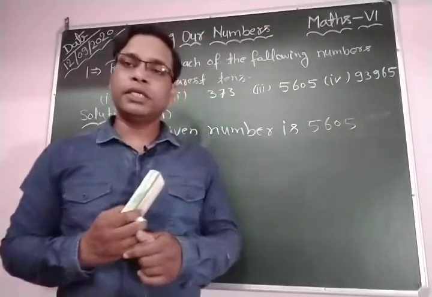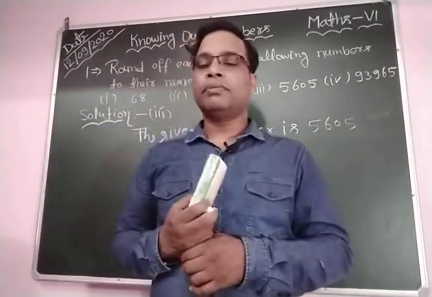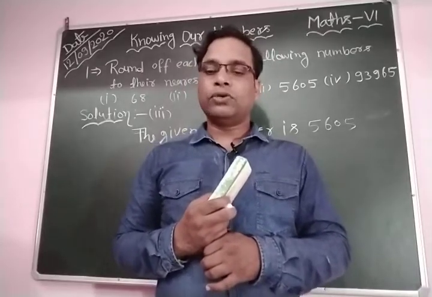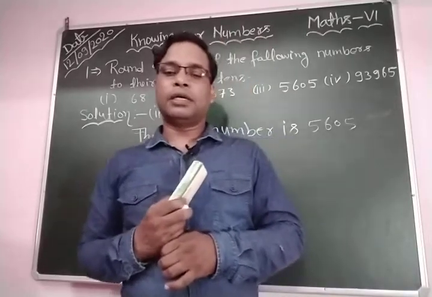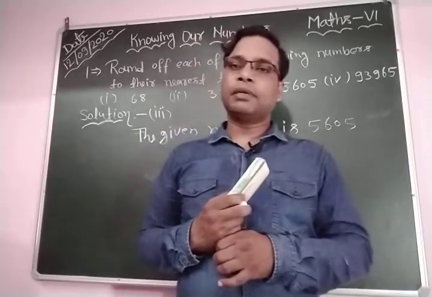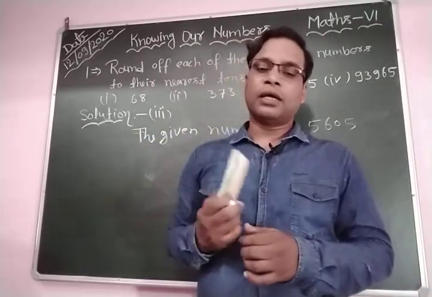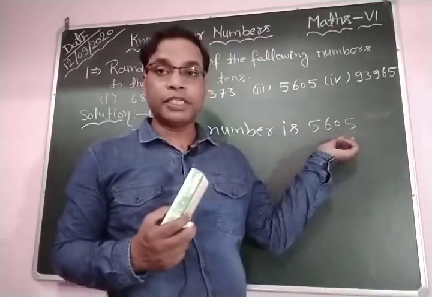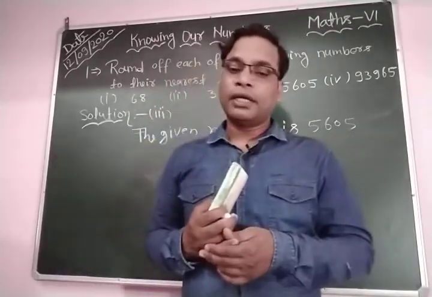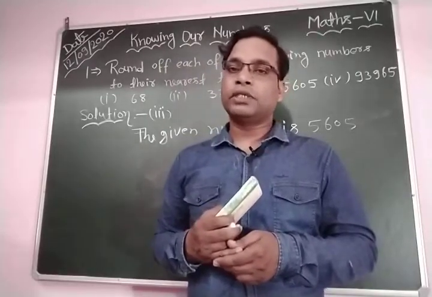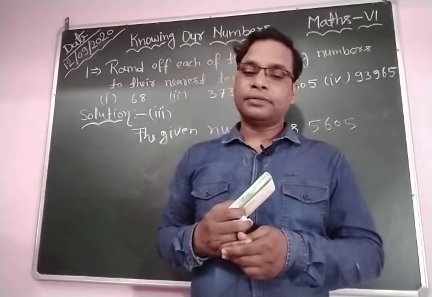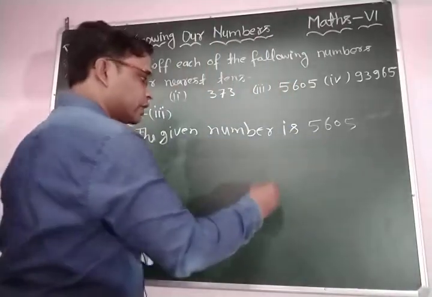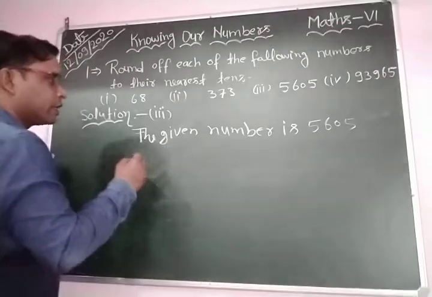If the ones place digit is less than 5, then we replace the ones place digit by 0 and keep all other digits of the number as they are. But if the ones place digit is 5 or greater than 5, then we replace the ones place digit by 0 and increase the tens digit by 1. And here we can write the rounding of